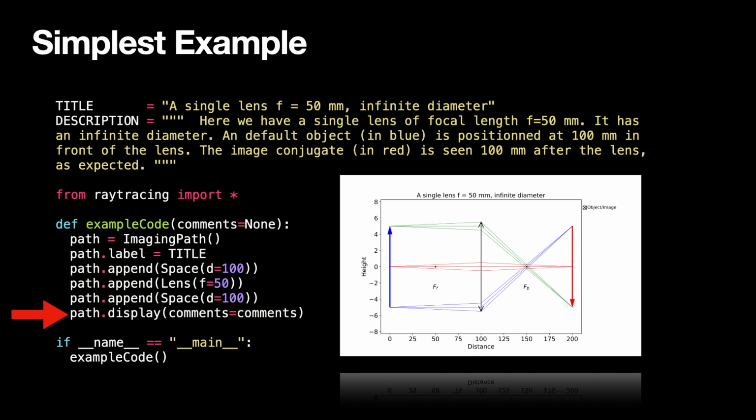On the graph, we see the object in blue, the image in red. The element in the center is an infinitely thin lens. And we have 3 sets of rays from the top, the center, and the bottom of the element, where from each point we have 3 rays originating from that point that are obviously imaged onto the image. This is a relatively simple example. So let's look at what happens when we have finite diameters for a lens.